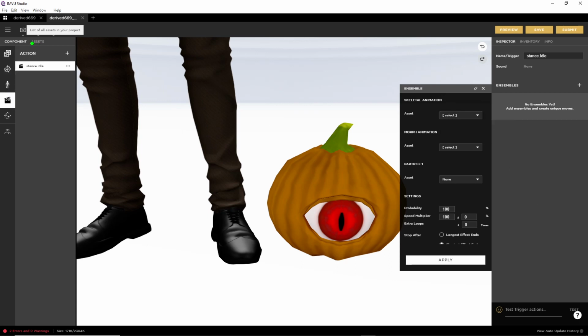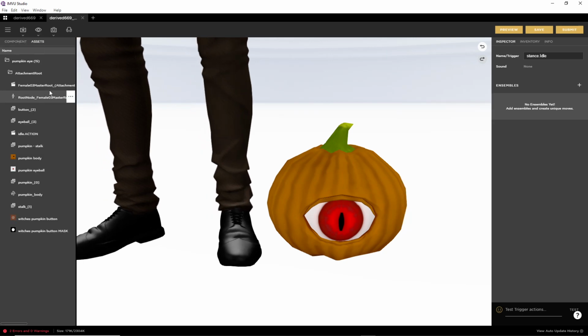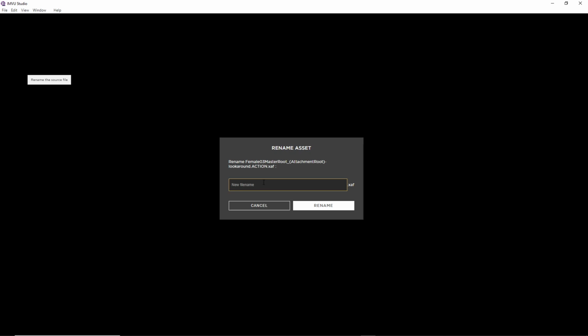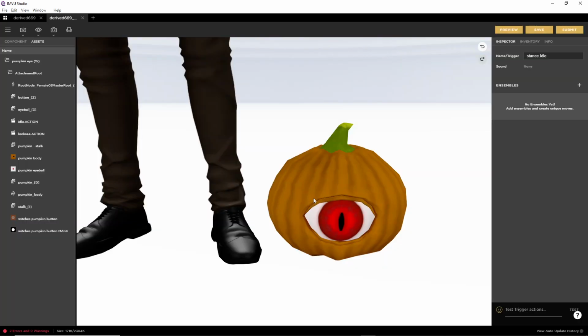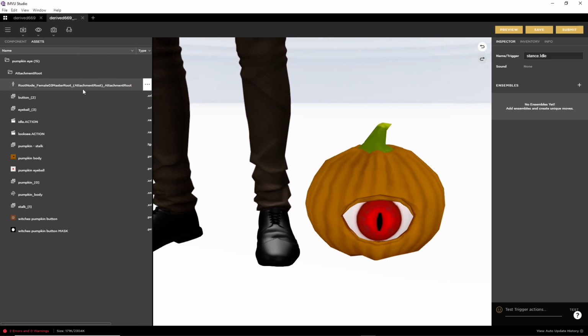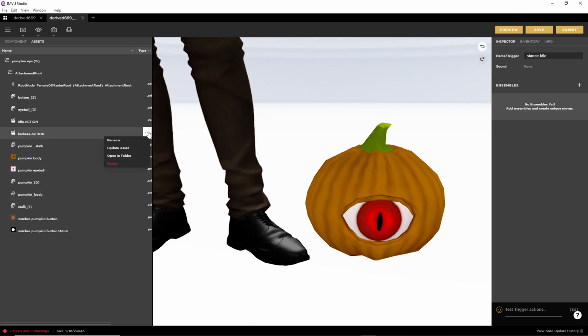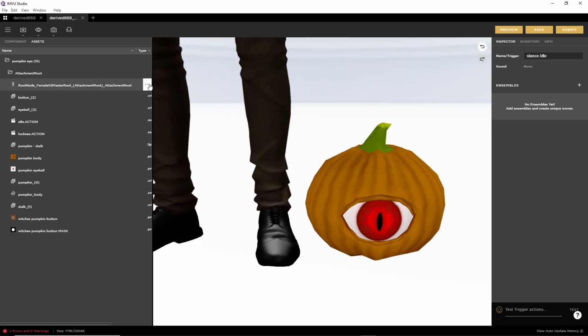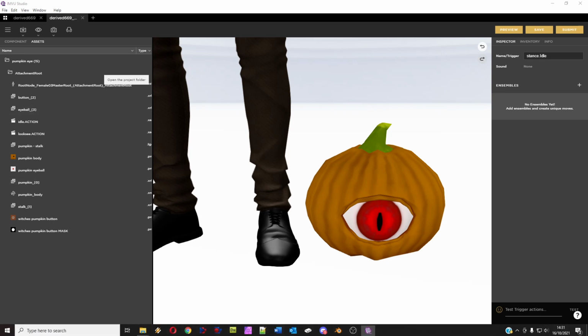So all we have to do is go into the Assets tab, select the sequence or mouse over the sequence and we'll get the little three-dot more button. Click on that, rename. Now we can rename this look see dot action. There is a way to, there it is, open in folder. So we've got two options. We can either rename the selected element by clicking rename, or we can click open in folder and it'll open up